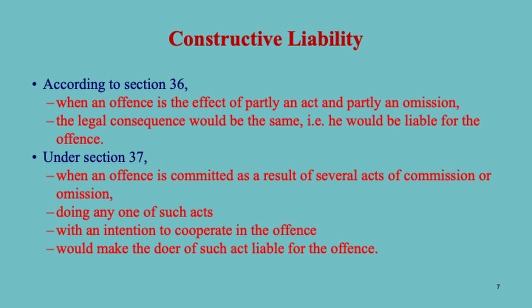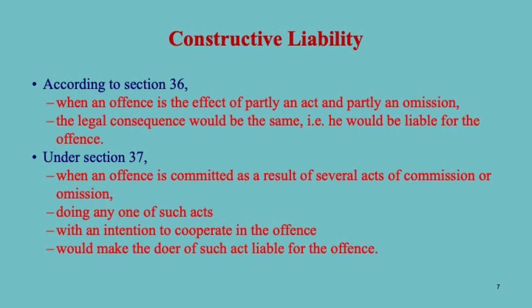Under section 36, when a consequence which is an offence can be brought about by both acts of commission and by acts of omission, a person who brings about the effect partly by acts of commission and partly by acts of omission would be liable for the offence. For example, A, with an intention of causing B's death, inflicts blows and omits providing food to him. B dies after 5 days. Here, the beating inflicted may not be sufficient to cause death, and omitting to provide food for 5 days may not also be sufficient to cause death. But the joint effect of the act of beating and omitting to provide food was sufficient to cause the death of B, so the principle contained under section 36 can be applied and A can be held liable for causing the death of B.